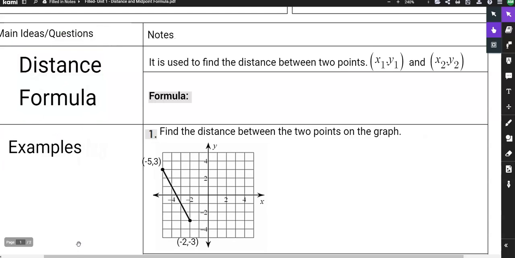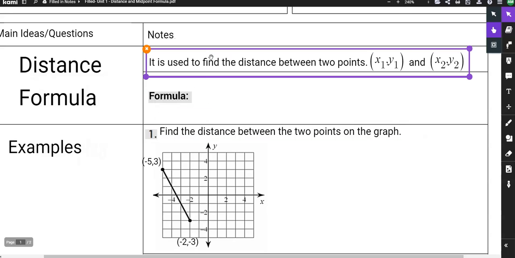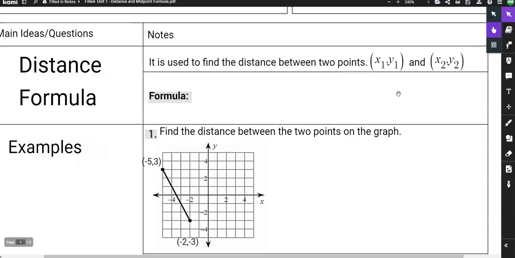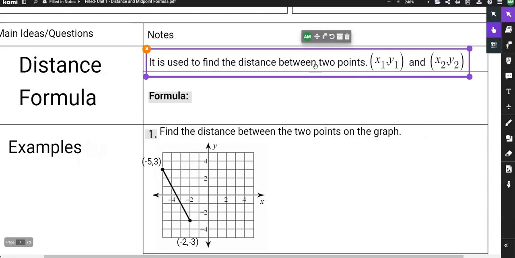Everyone. So today we're going to talk about the distance and midpoint formula to determine the length of a line segment in a coordinate plane, as well as to determine where the middle of a line segment is within the coordinate plane. Now remember, the coordinate plane is our points in the X, Y format. So we use the distance formula to find the distance between 2 points, or the length of a line segment